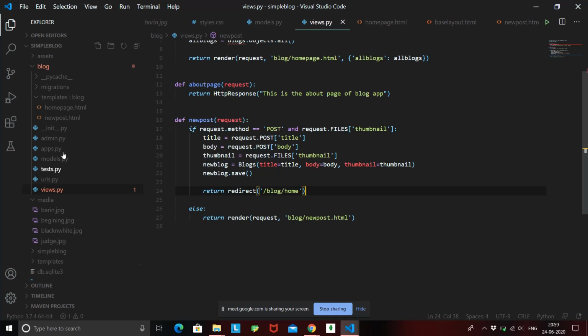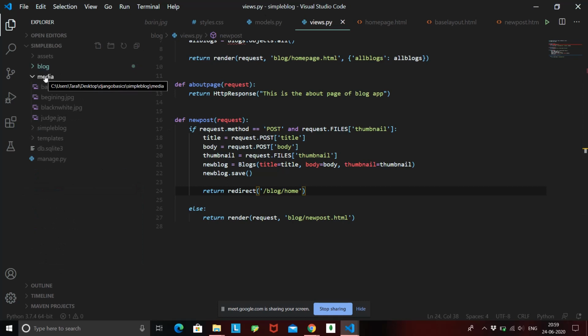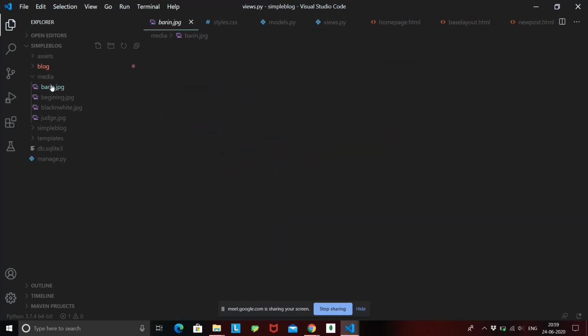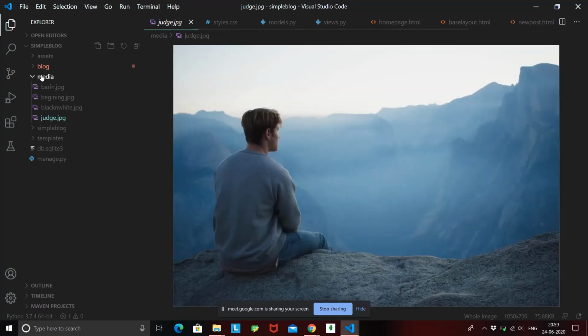And here you can see that our media folder, which was automatically created by Django, now has these 4 JPG files, which are the files that the user has uploaded from the form. Everything that you upload is going to be saved inside this media folder. You don't have to manually paste all these files over here. They will be automatically saved inside this media folder, and you can also open it from here. These are basically the same thing. So this is how media basically works.